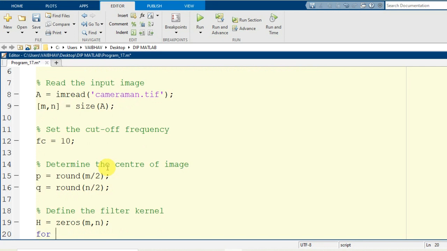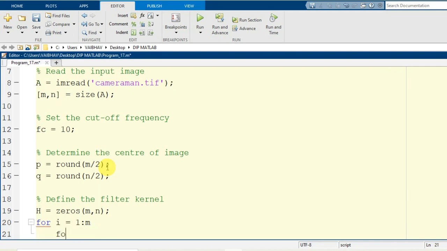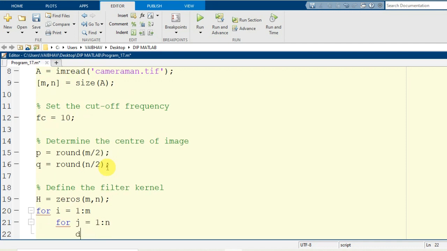Now making use of a nested for loop, the first loop I construct with the variable i that will run for iterations of 1 to small m, inside which I construct another loop with variable j that will iterate from 1 to the second dimension of the input image, where I formulate a variable d according to the mathematical computation we have for the Gaussian type of low pass filtering.